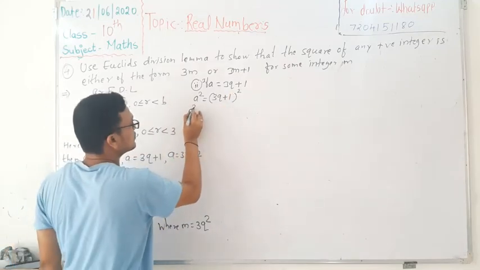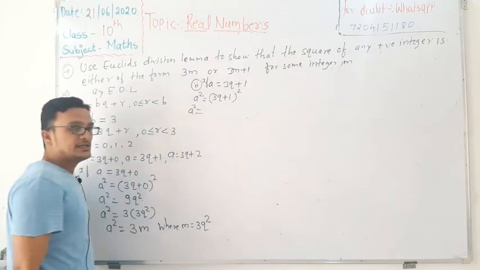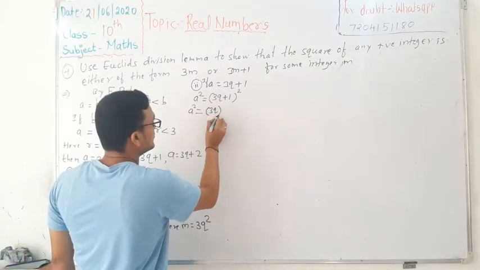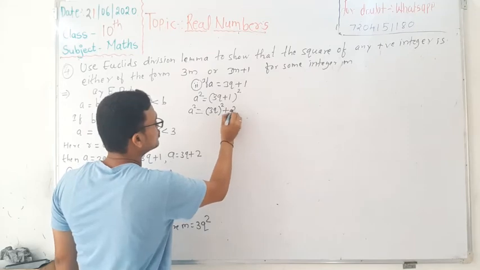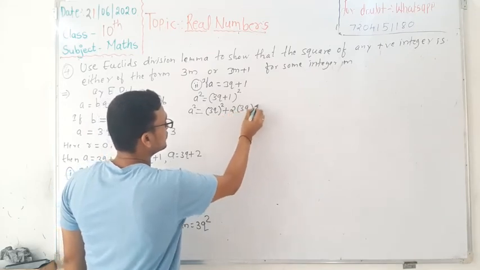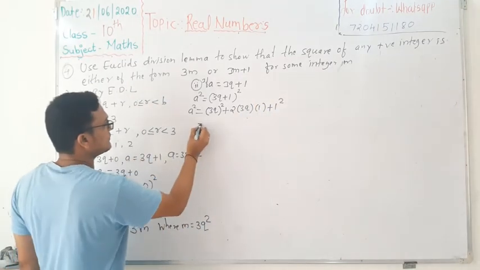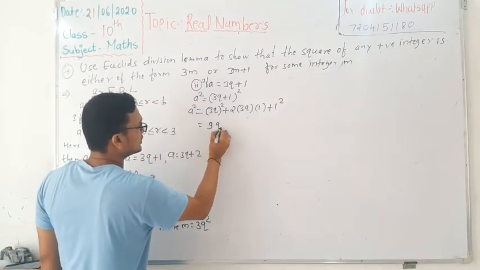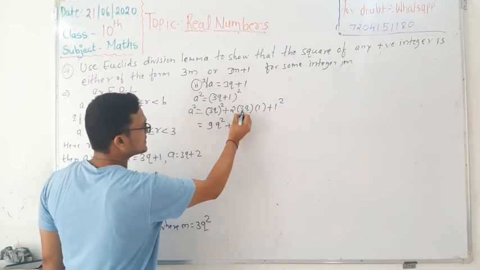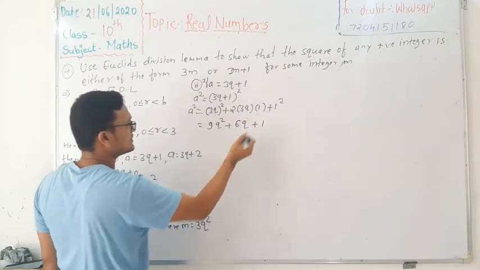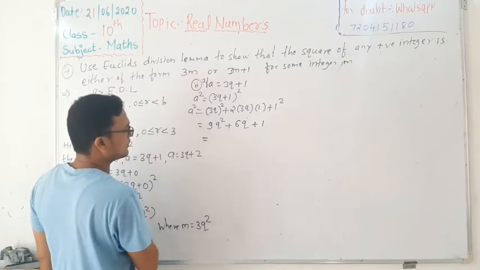So use the identity a plus b whole square: that is 3q whole square plus 2 into 3q into 1 plus 1 square. So it will be 9q square plus 6q plus 1 square, which is 1, which equals